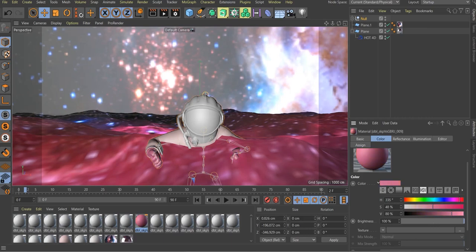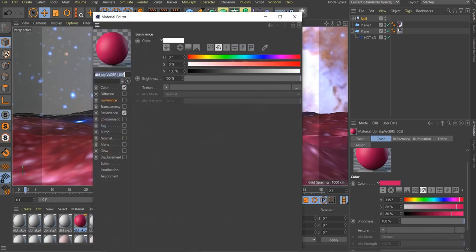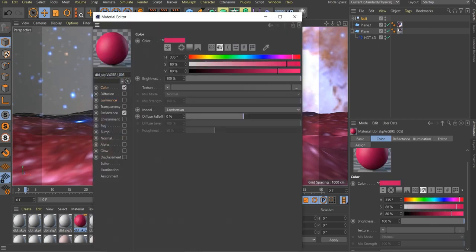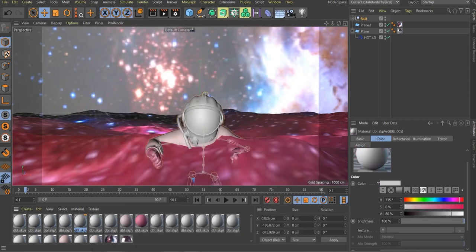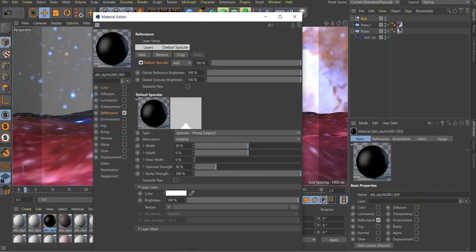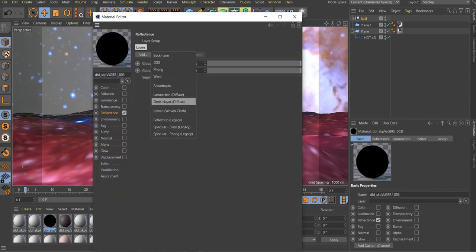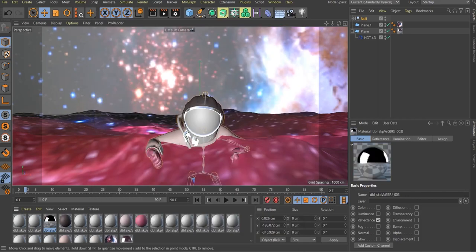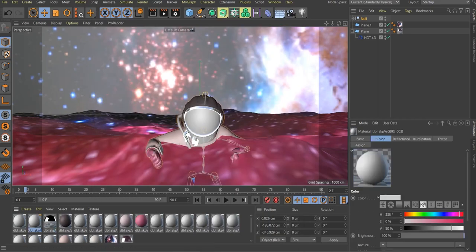We need to find the helmet's part so that we could make it very reflective so that it could reflect the whole galaxy. You can change the property of any material by just double clicking on it. So as you can see, it is the back of the helmet. I am going to make it a bit dark gray. This is the part of the helmet, so we need it to be very reflective. So go in reflectance channel, reflectance property, and remove the old one and add the reflectance legacy.